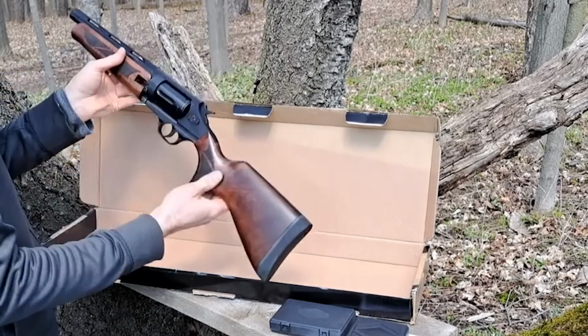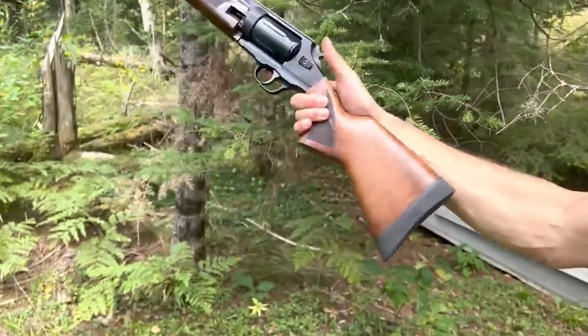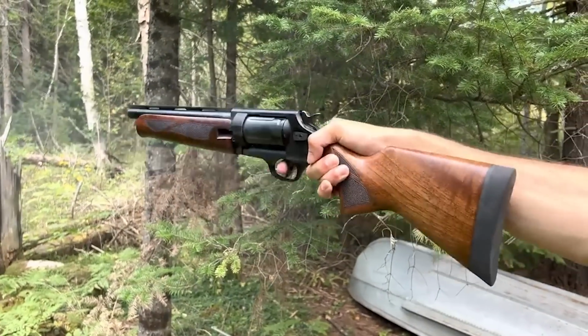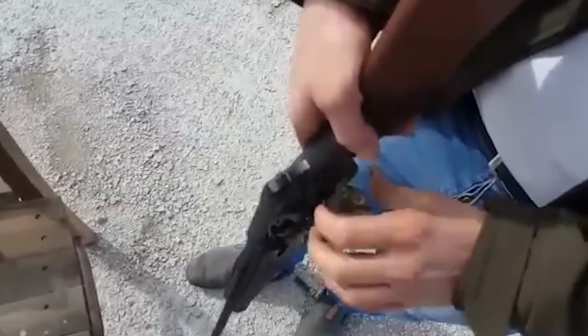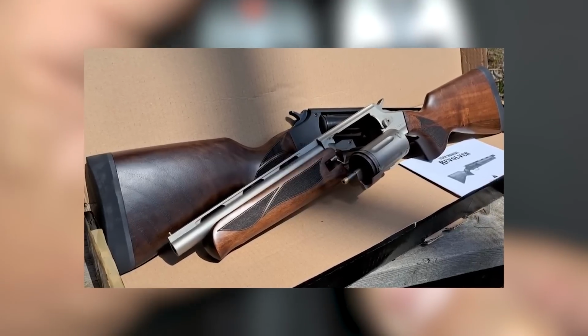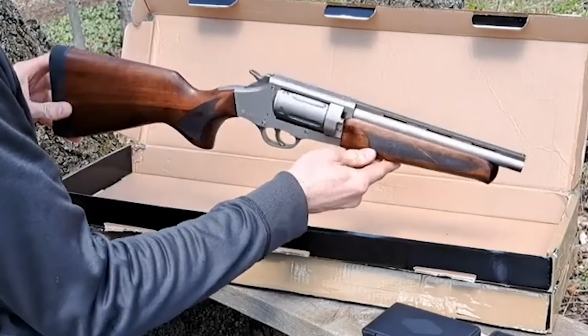This allows for multiple shots before the need to reload, providing a practical advantage in various scenarios. The SR410-700's versatility extends beyond its ammunition capabilities. Its ease of use makes it accessible to shooters of different skill levels. The revolver action simplifies the firing and reloading process, and the absence of complex mechanisms or gas-operated systems contributes to